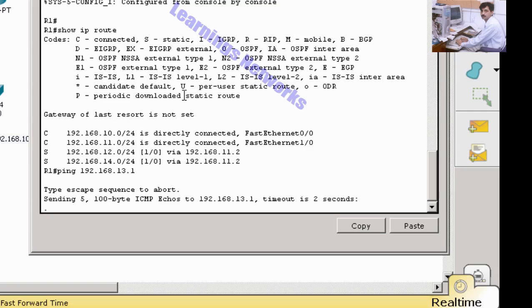No, it is searching and there is no routing table entry found.